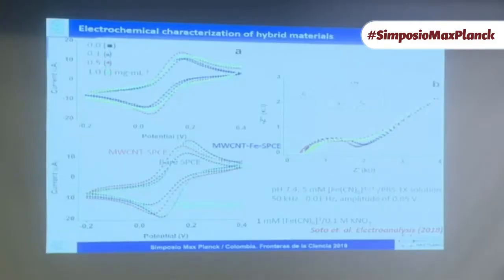And in the second work, we characterized the hybrid from the electrochemical point of view. In this graph, you see cyclic voltammetry. By cyclic voltammetry, we can know, for example, how much hybrid we can deposit on top of a screen printing carbon electrode, and we can also follow and characterize all the electrochemical parameters as we were decorating the screen printing carbon electrode with the hybrid step by step.